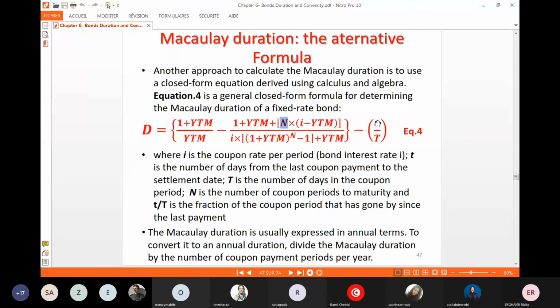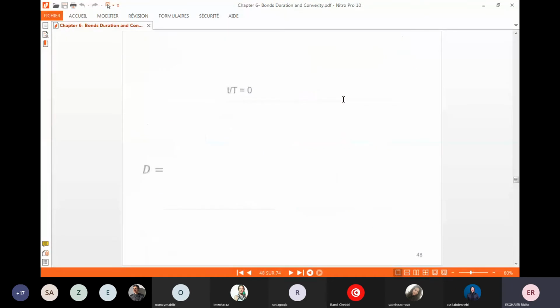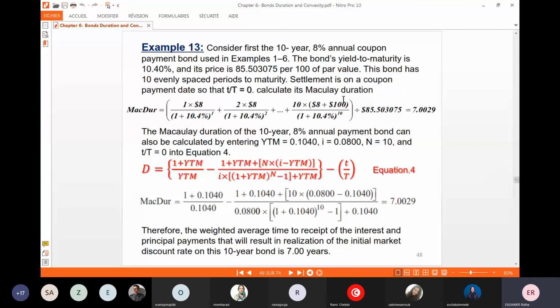طبعا هوني هالماكولا duration using الفورمولا هذيا اظن تبقى ان شاء الله في الاكزامبلز الجايين تشوفوا كيف. هوني قال لنا consider a 10-year bond with 8% annual coupon payment. هذه the bond that we used in the examples من 1 حتى ل 6. البرايس نتاعها هي 85.5 واليلد تو ماتوريتي نتاعها 10.4. البوند هذيا has 10 evenly spaced periods to maturity. دونك كانه من اليوم باش نحسب لها الديوريشن نتاعها ولا الفاليو نتاعها ولا اللي هو مازال في عمرها 10 years